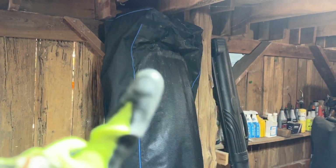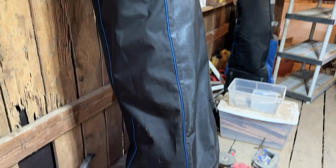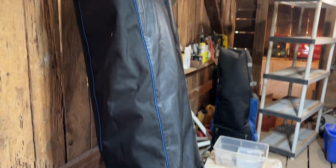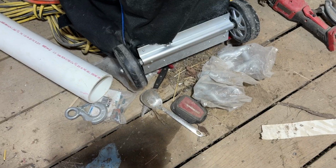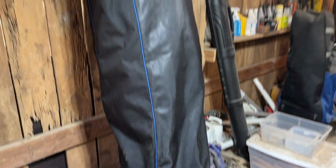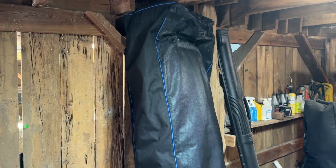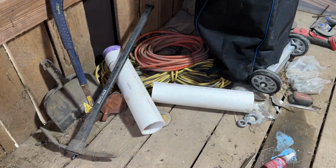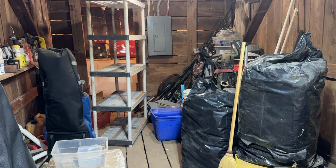But before I do that, with water, see, this is from Skyworks. The Skyworks equipment rental here has a tent that we use for all the events, and this is it. It's stored here now temporarily while they demolish the old building and rebuild. So this thing's gonna get all dirty if I don't move that to a better location, because that's bad. So they just drop that off there, and then yeah, so I have a lot of junk management down here